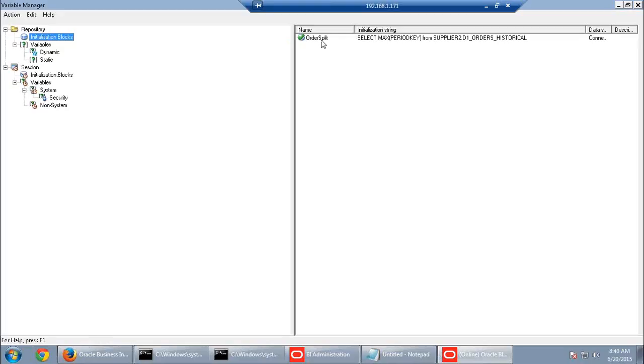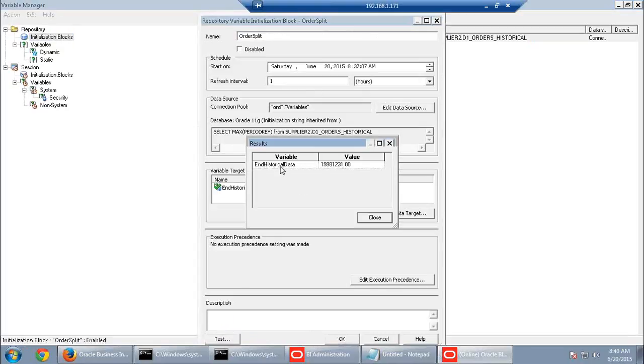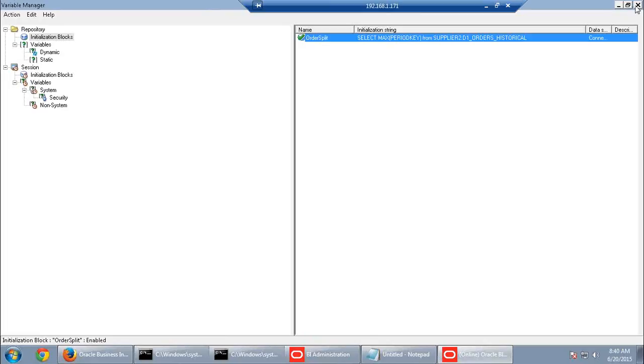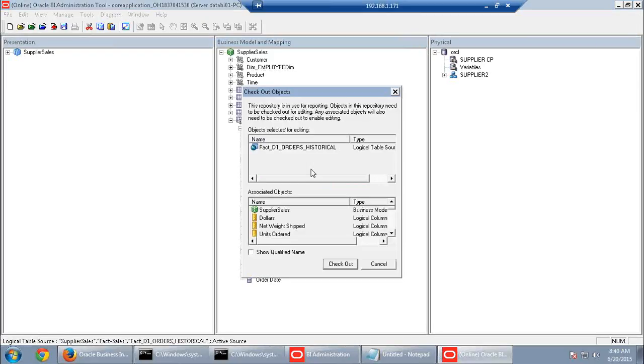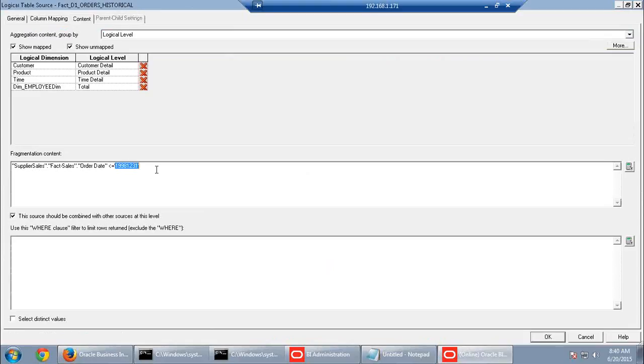Just go to your initialization block and open this. Just click on test. So this is having end historical data as a variable, and your value is getting picked from your data variable. So this is working properly. After confirming here, use the same thing under historical also. So here, instead of having this value,